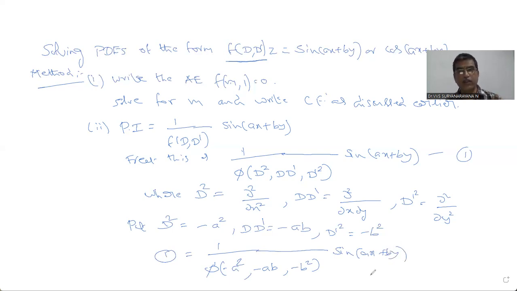But here, again, there is a problem. If the denominator is non-zero, well and good, no problem. We can stop step 2 here itself. Particular integral will be completed. But after replacing d square with minus a square, d dash with minus ab, and d dash square with minus b square, if the denominator becomes 0, then it will be failure case. So we can stop this if the denominator is not equal to 0. Whereas if the denominator becomes 0, then